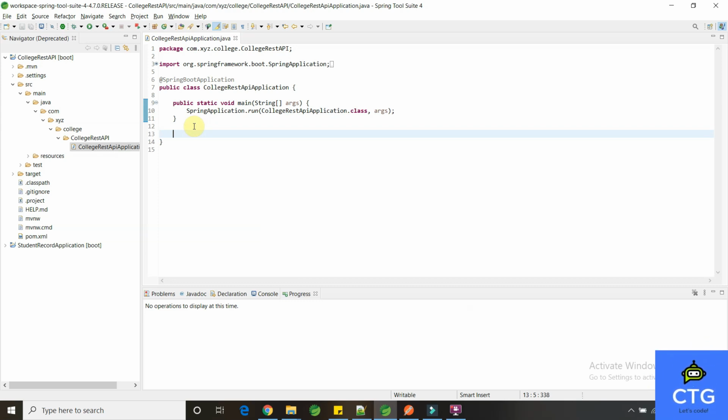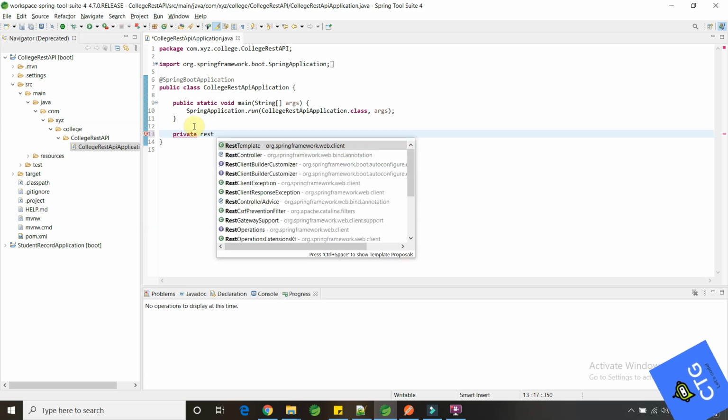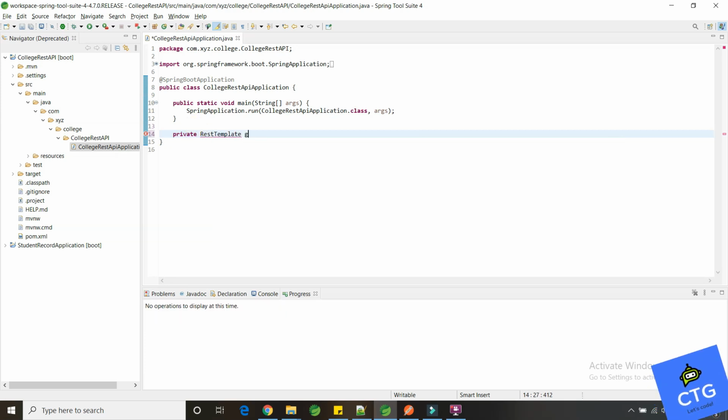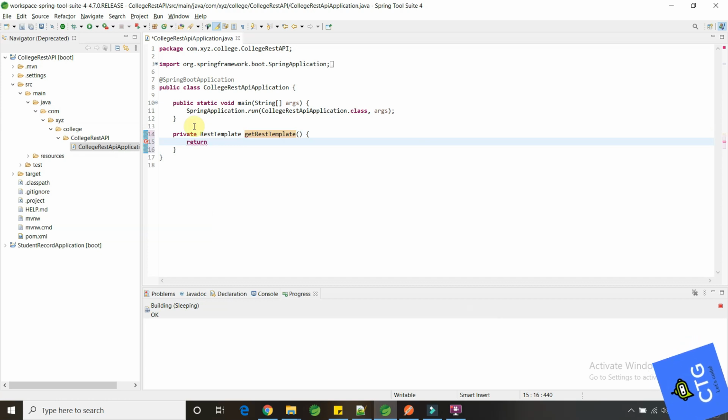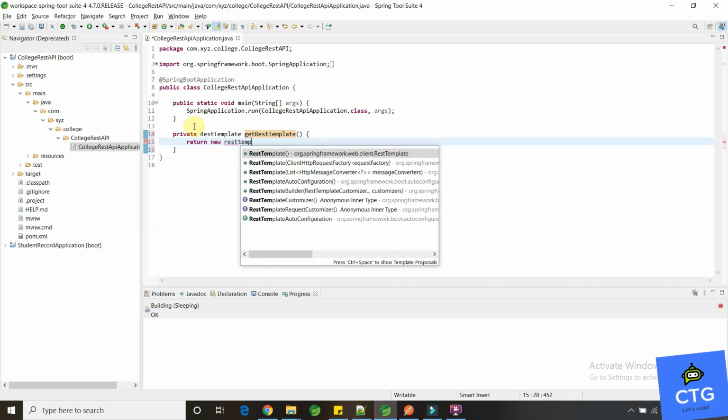One way is through annotation. We are going to use a bean declaration method. So, private REST template, let's create a getter method, REST template.